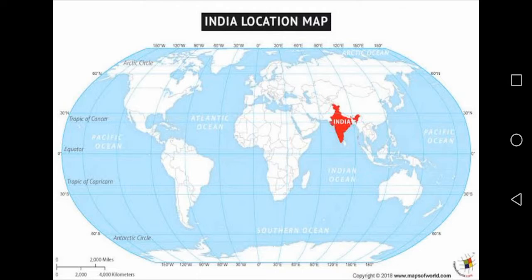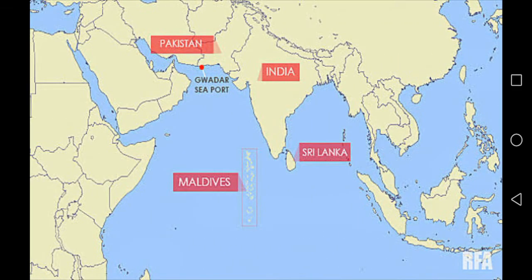Again, you are watching, the blue color is showing oceans, seas, and white color is showing the landmasses. Further, they are known as continents. You see, India is occupying the central position in Asia, very prominently, and you are watching India and the neighboring countries Sri Lanka as well as the Maldives islands, in which ocean? Indian Ocean. And the Indian Ocean is further divided into two parts, the Bay of Bengal and the Arabian Sea.